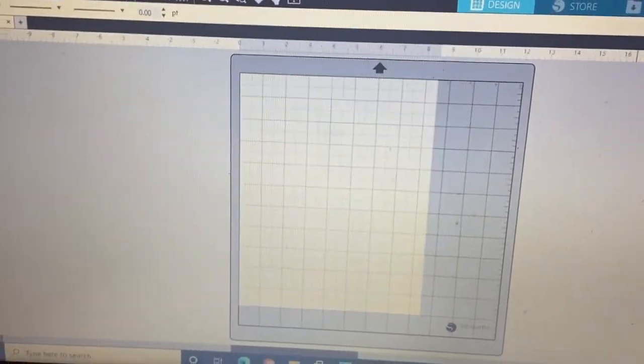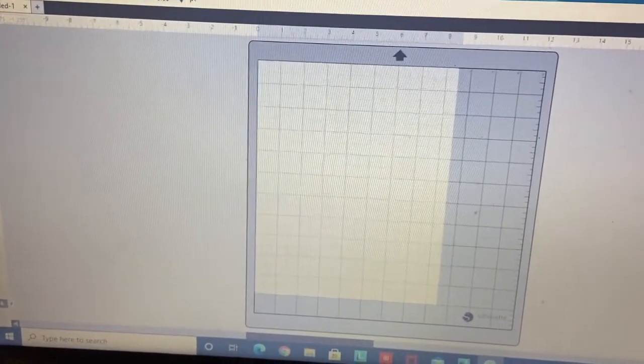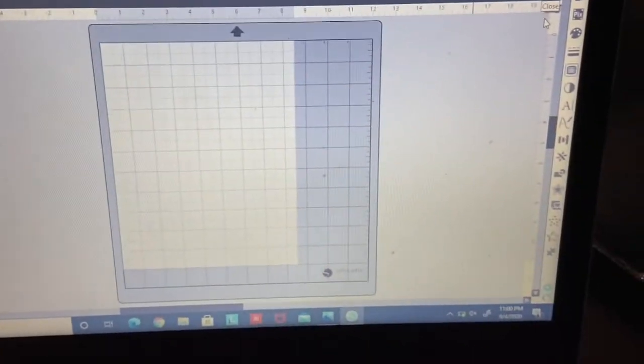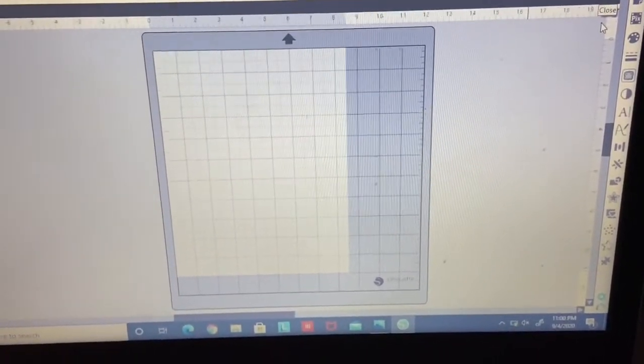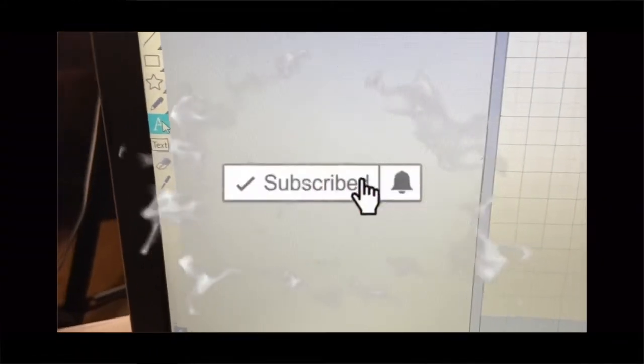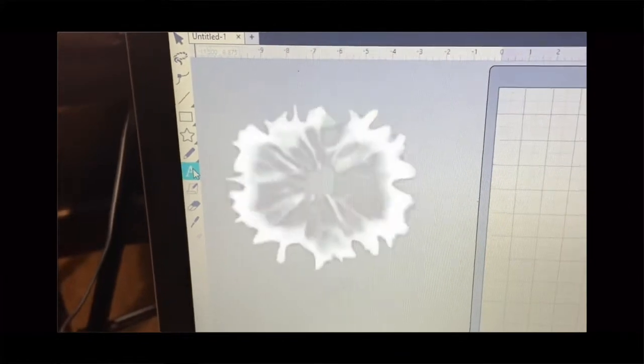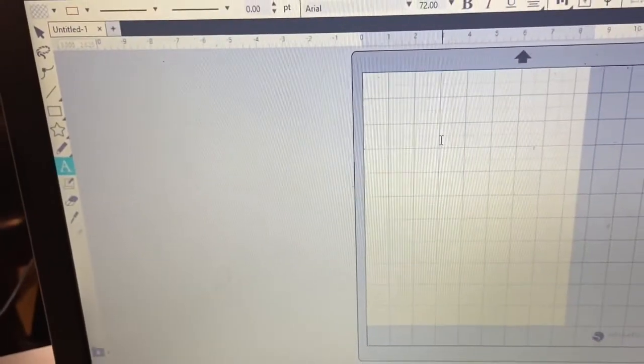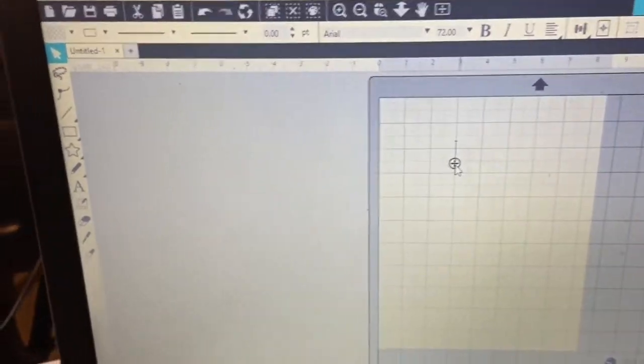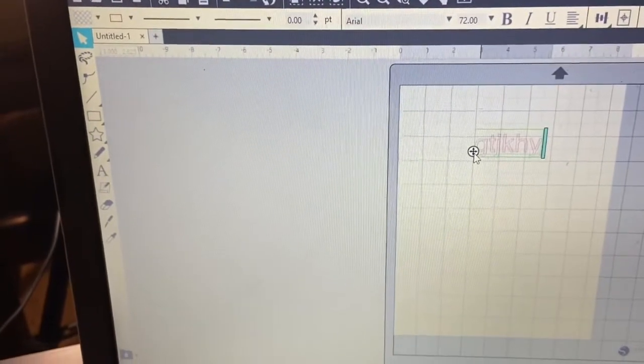So I am here in Silhouette Studio. I have the business edition, but I'm going to show you a couple of the features here that are pretty general across the board between business, the regular studio, and designer's edition. For one thing would be this A over here. If you click that A, the little typing tab will show up, and then you can start to type